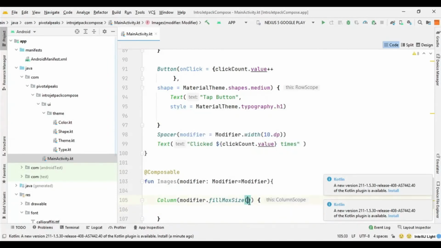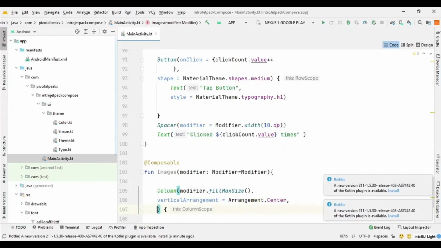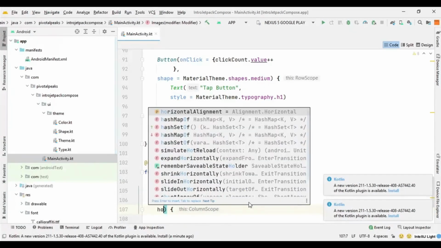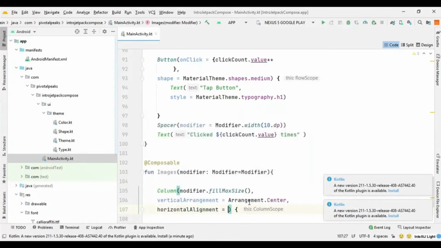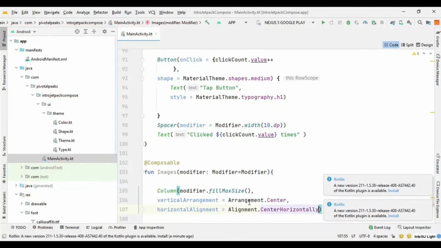So vertical arrangement and Arrangement dot Center. I want the image to be in the center so we can clearly see how it works and how the shapes work. So let's centralize it in horizontal alignment. So Alignment dot CenterHorizontally.